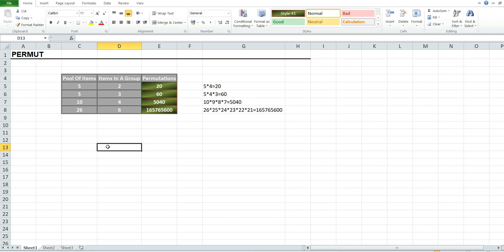We have letters in the alphabet, 26, the password size is 7, and the permutations.